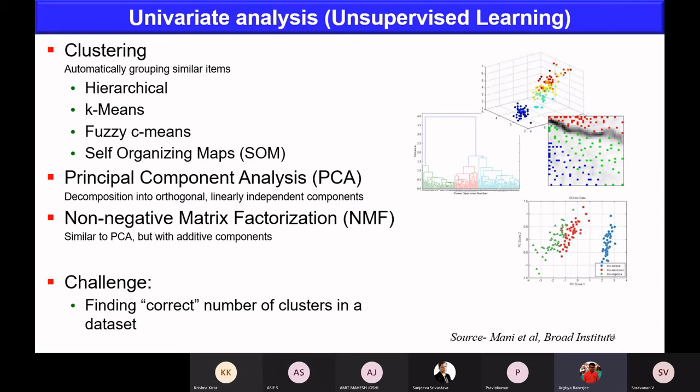Unsupervised learning is always handy. It will give you the actual scenario of the study, which you can use for differential expression. This kind of clustering includes hierarchical and K-means, and you will come across these terminologies. Next is principal component analysis.